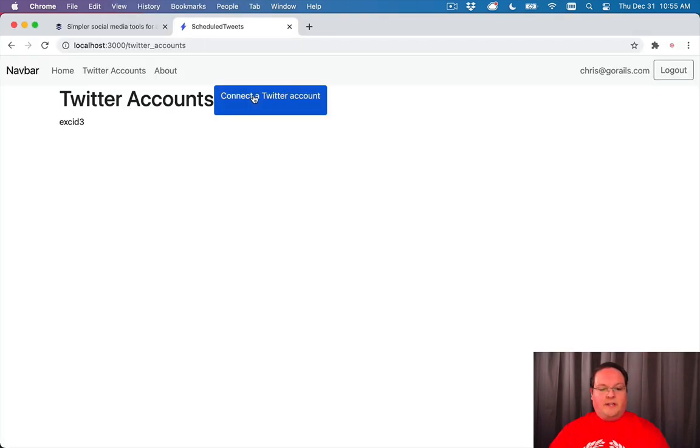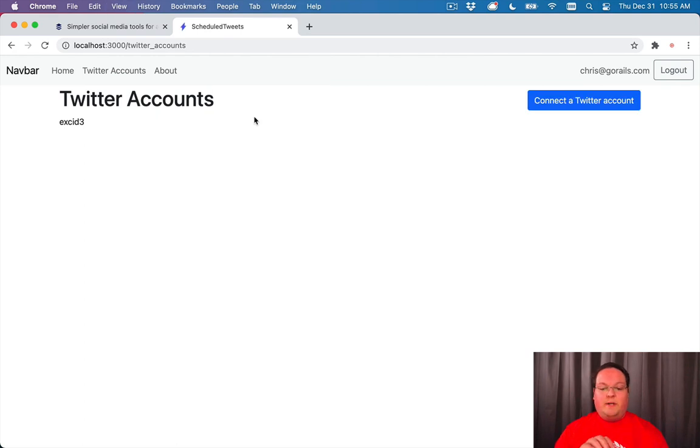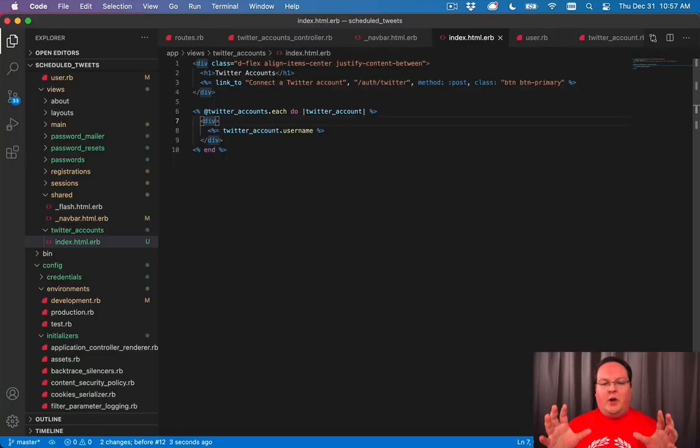And we can refresh and you'll see the button now is awkwardly sized, but it does show up on the same line. So we can go make some adjustments to this and say align items center and justify content between. The content between is going to push it to the other side. And then we can go to the Twitter accounts that we have for each, and we can add a class to that as well. So we'll say dFlex and align items center, and then we will also add a margin bottom of say 4,